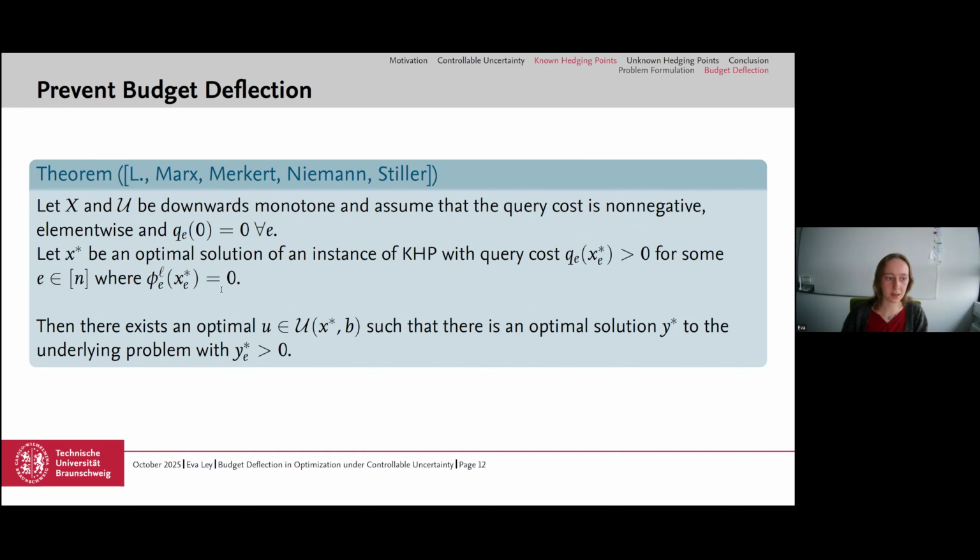So if we have done this, if we have now some downwards monotone query set and uncertainty set, again with query costs that are non-negative element-wise and 0 for no query, then if we have in an optimal solution the query costs being positive for some element where the lower query outcome function is 0, then we will always find some optimal solution, some optimal realization of the uncertainty such that we really have some optimal solution y star where we choose this element. Now, if we want to prevent budget deflection, we can just modify our model by setting the lower query outcome functions to 0, and then we don't need to worry whether we could have this effect